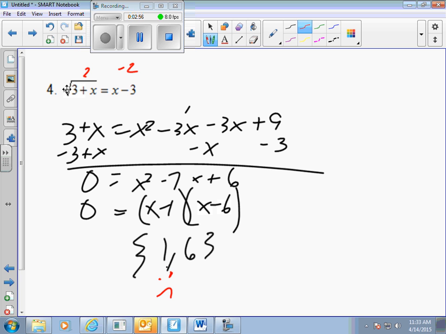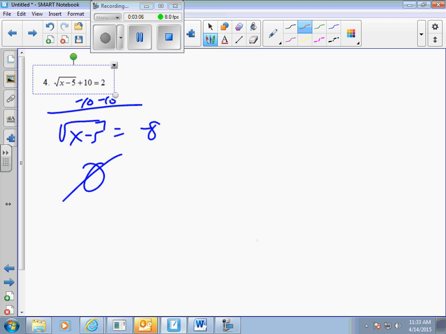If I test 6, 3 plus 6 is 9. Square root of 9 is 3. And 6 minus 3 is 3. This one's the happy face root. So this one we have to cross out. Let's take a look at number